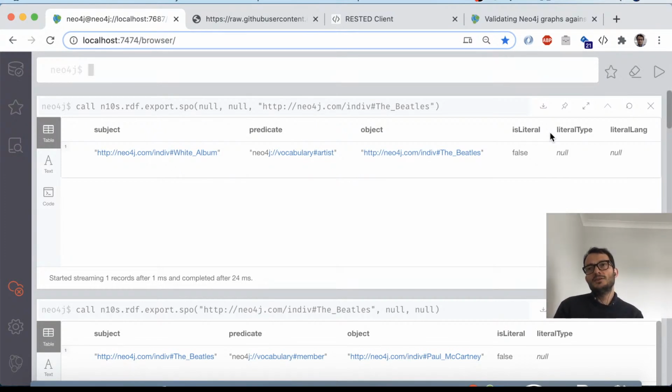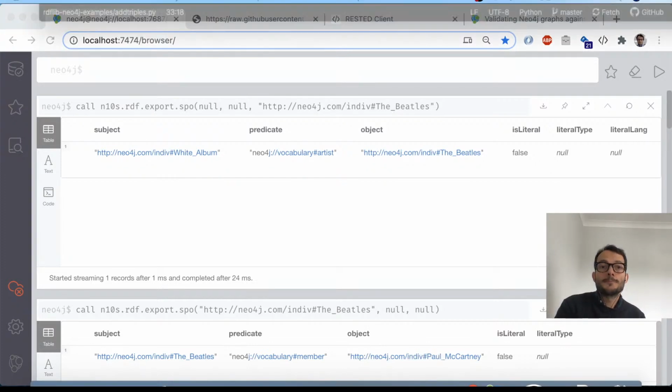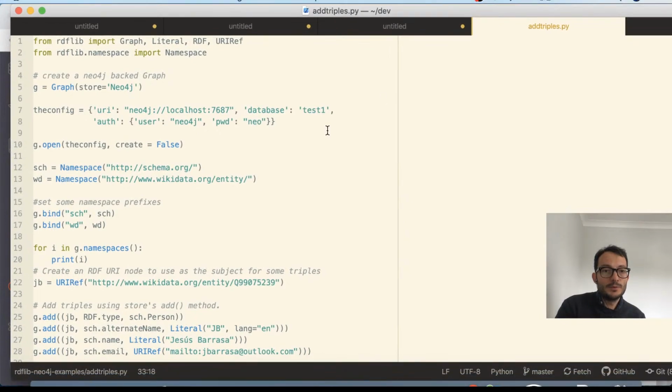I was saying that this is useful because this will enable interoperability with other drivers. I've done a lot of work with RDF4J, and if you write Java code using RDF4J, you will want to not necessarily know that Neo4j is behind. You want to interact in this kind of mode, and that's something we're working on at the moment. And the same for RDFLib. I don't know if I can show a simple example here, but I hope that's readable. If you're familiar with RDFLib, which is a Python library, I think the most popular one out there to work with RDF,